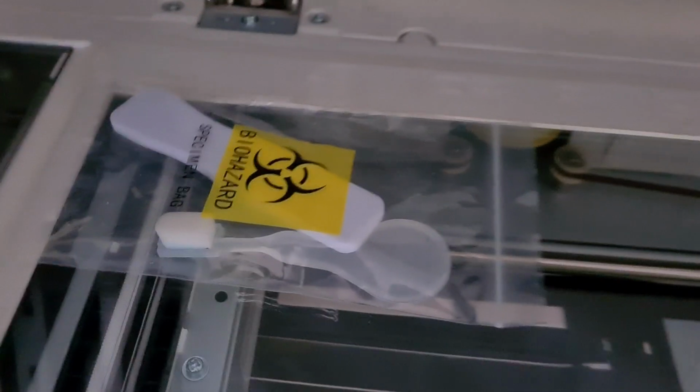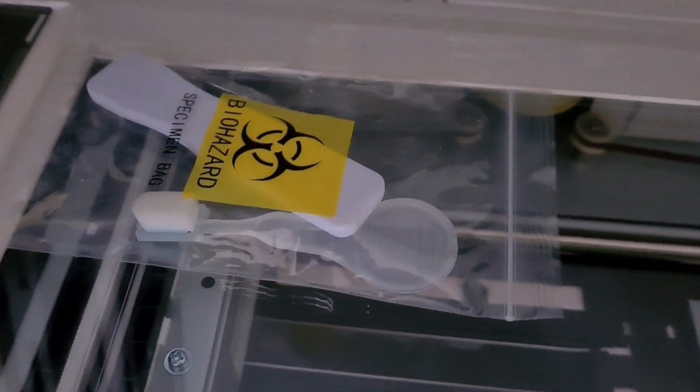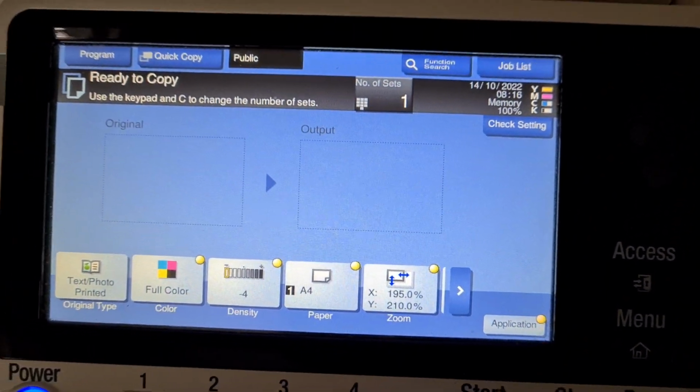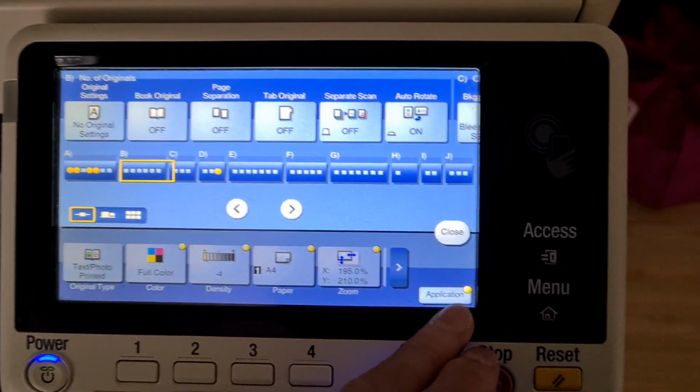I'll be running out of black toner soon. I tip it, I'm going to run out. So it's going to run out soon, the black. I've already replaced the other 3 colours. Actually, I think maybe...